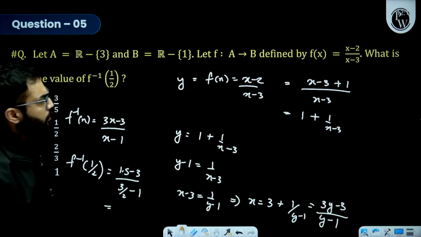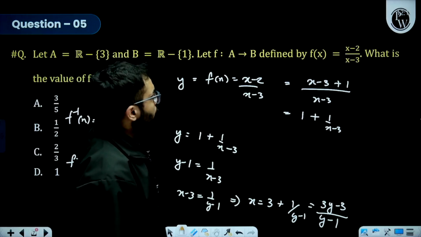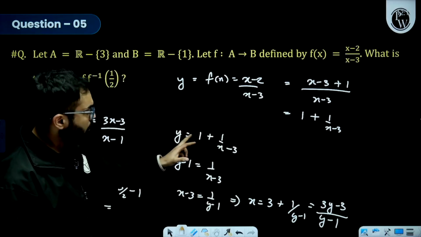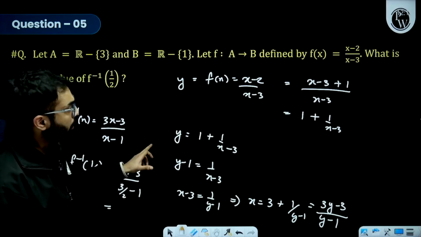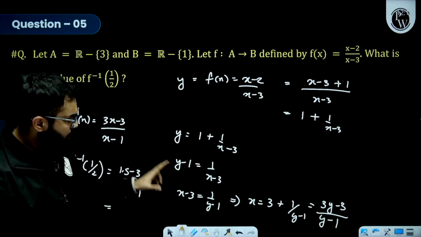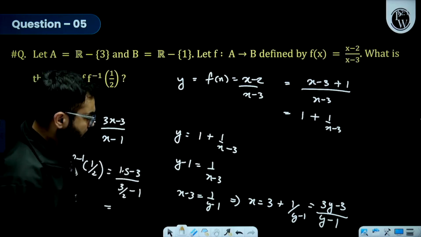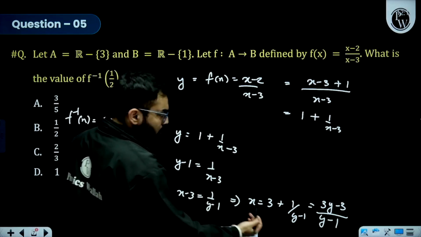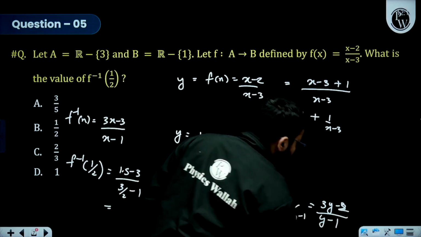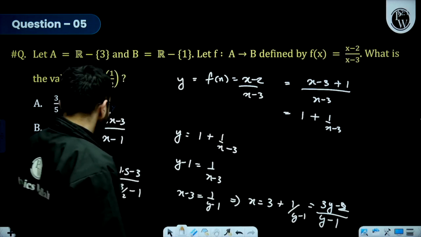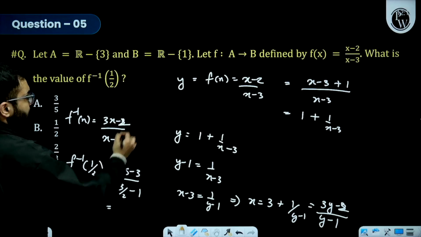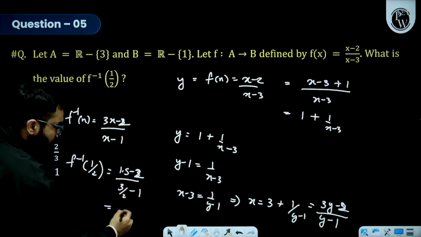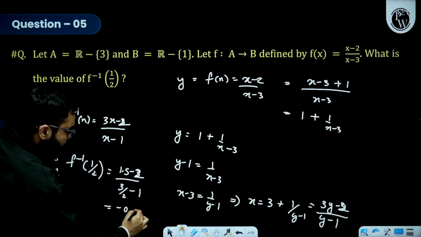Okay, let's check if everything is fine. So x minus 2 can be written as that. 1 plus 1 upon x minus 3 is right. Y minus 1 is equal to this thing. X minus 3 comes out to be this thing, and this minus 3 went over here. 3y minus 3 and plus 1 was also there, so it becomes 3y minus 2. So 3x minus 2 will come, and 1.5 minus 2 is going to be minus 0.5 upon